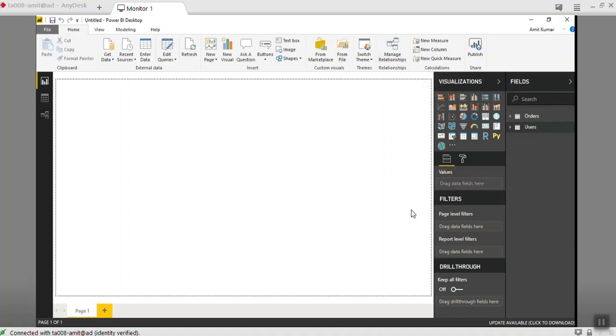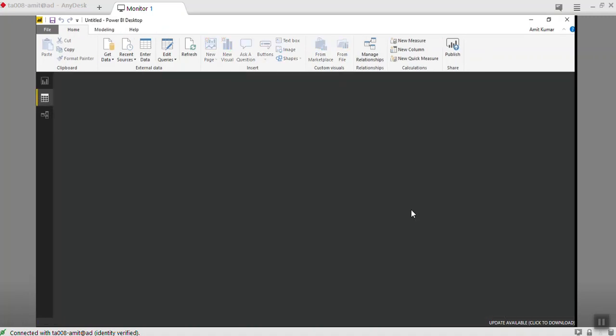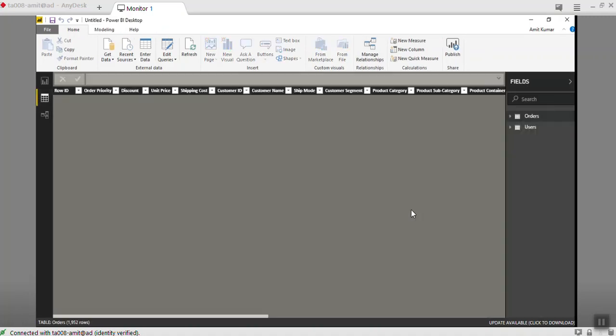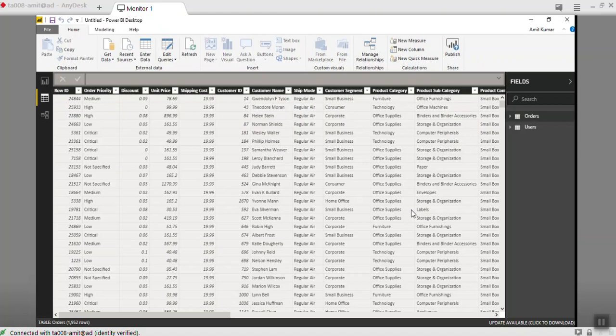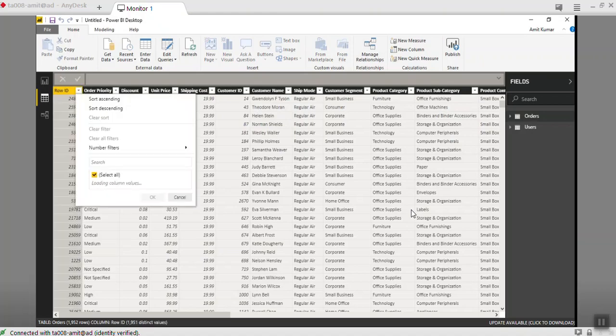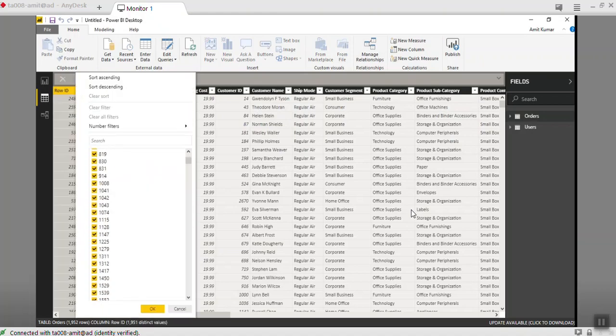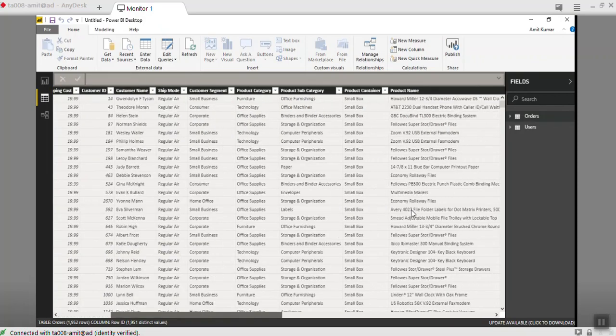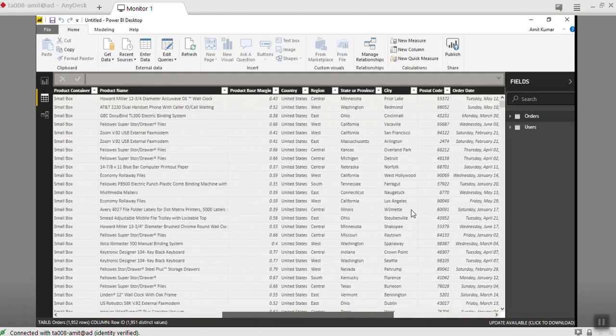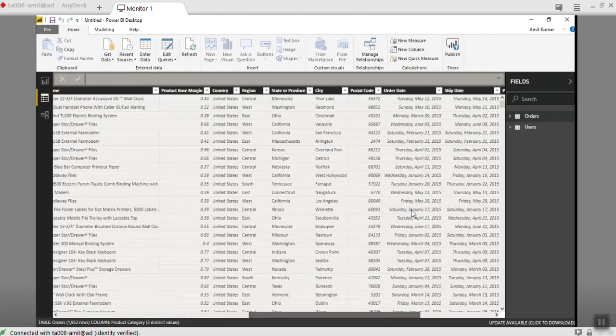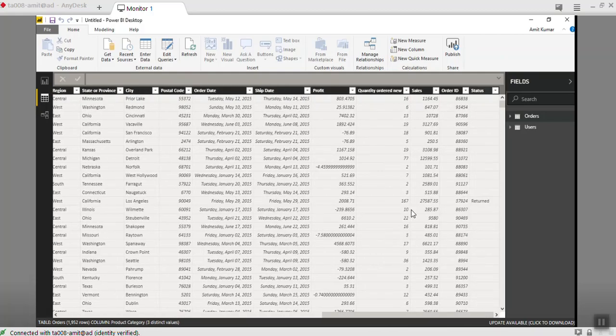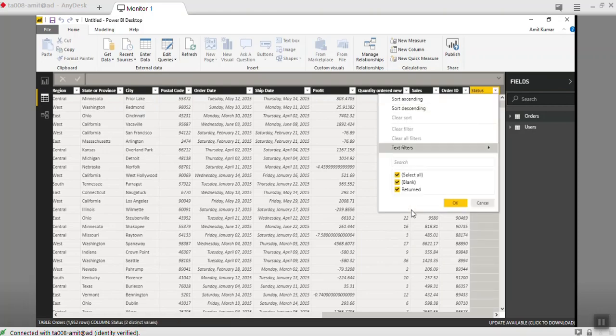Right. Next we'll check the tables one by one. So this is my table. If I want to do a health check on this, I can do that, to see whether whatever I have loaded is fine or not. Now only values are coming.